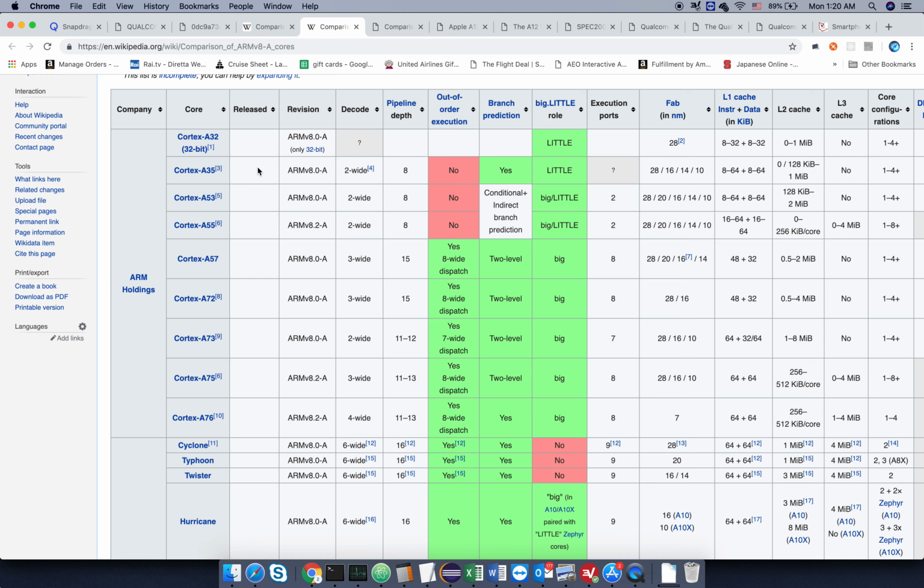The way ARM makes money is three ways. One, it licenses the instruction set. So if you build a CPU that conforms to the ARM instruction set, you have to pay them. The fee is typically very minimal, on the order of dollars or even less for older instruction sets.